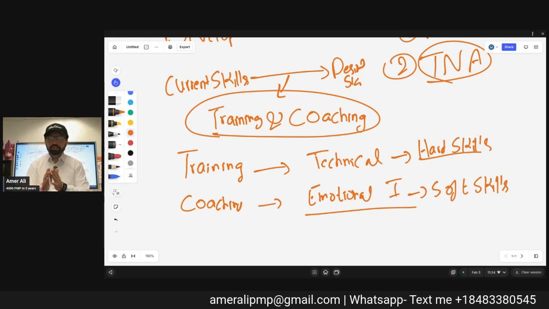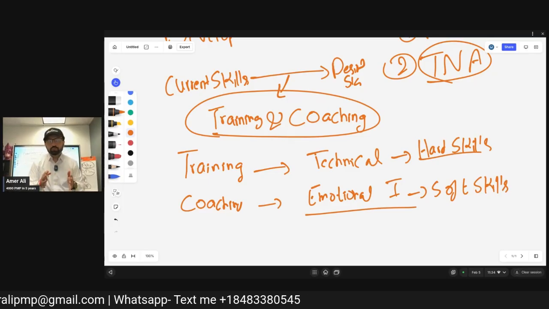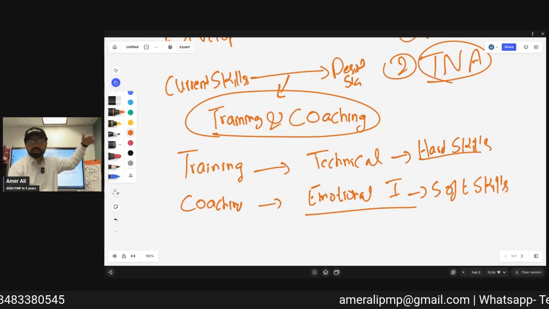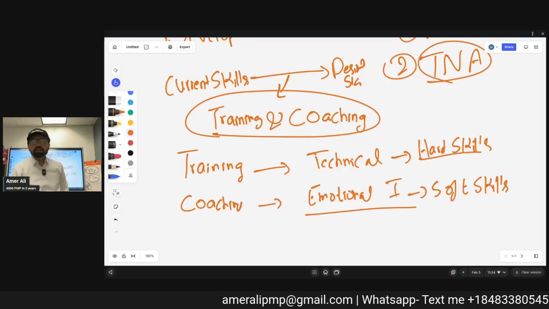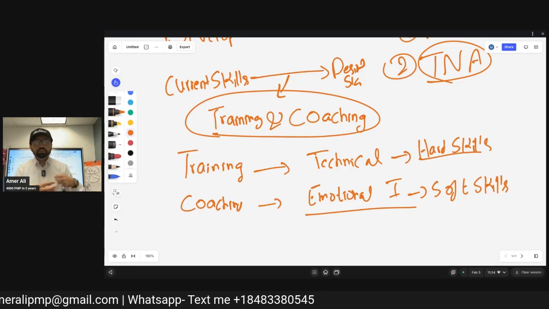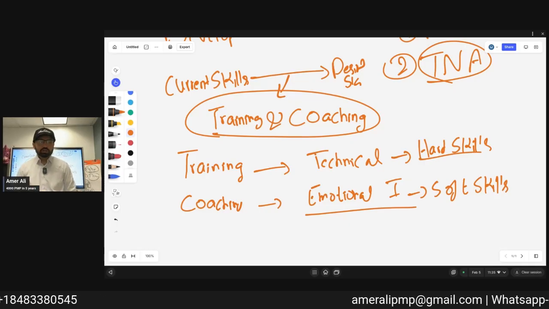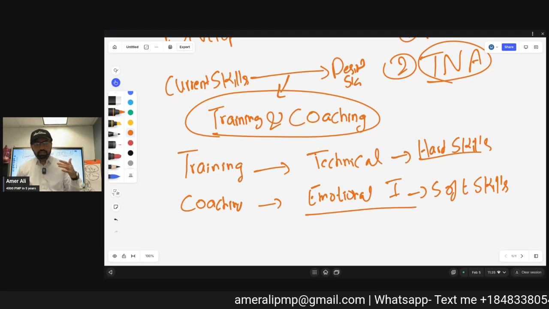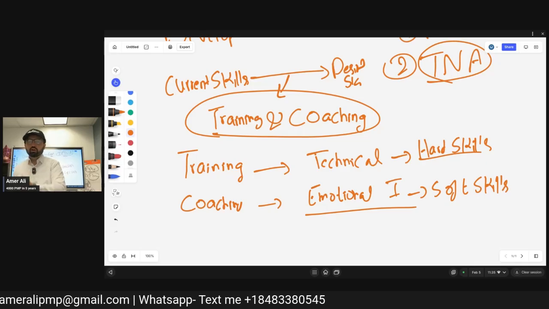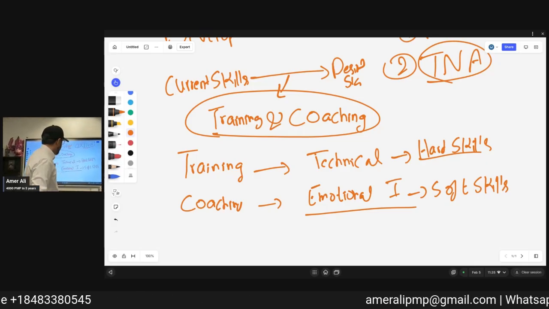Both are the responsibility of a project manager. As a servant leader, it is the job of the project manager to provide training, coaching, and mentoring. Mentoring is long term, it's a lifelong relationship. For example, when you join my program, you get training for the PMP, then coaching as a follow-up. Mentoring is lifelong. I just had a discussion with one of my students this morning who was getting a new job, so I was discussing with him how to do and how not to do. So mentoring is long term. Difference between training and coaching.